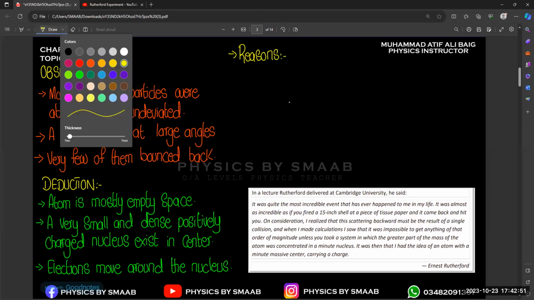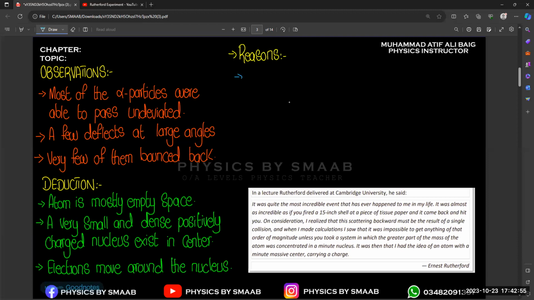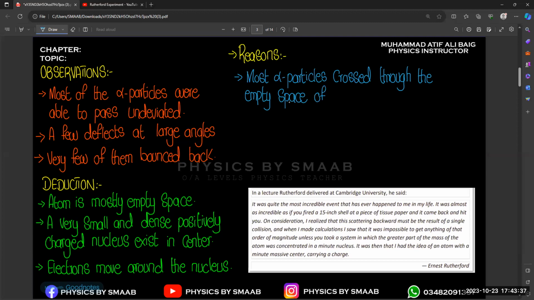If they ask about the reasons, we can say that most alpha particles cross through the empty space of the atom, and the second,